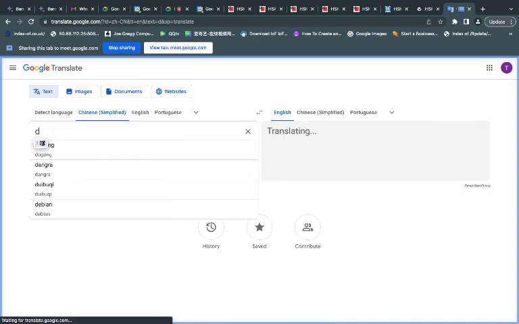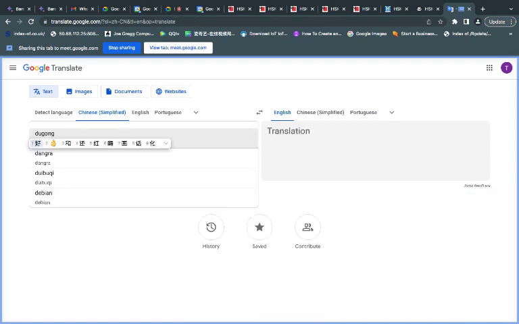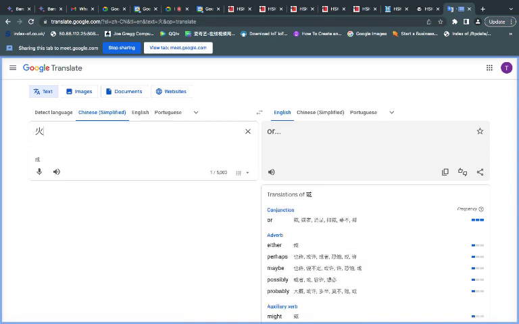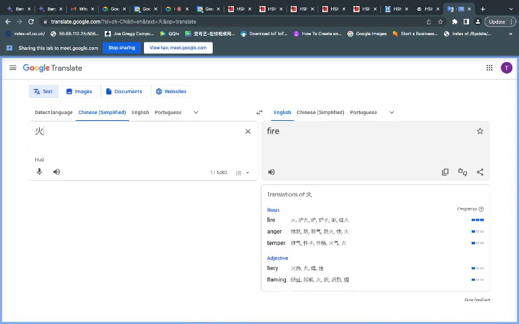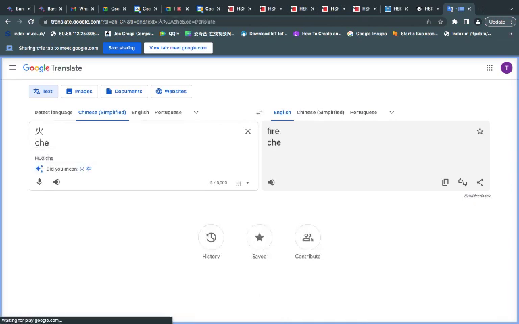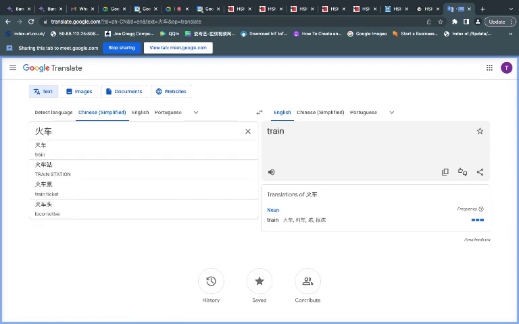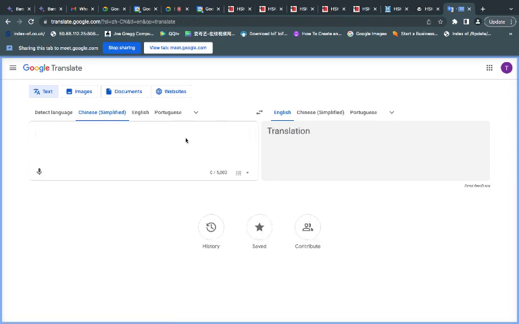The word for fire, what's the word for fire? 火. Okay, that's the word for fire. What's the word for car? Okay. So if you remember back in the day, we didn't have electric trains. We only had steam trains, so people would put charcoal, coal, some stuff in there. So fire, car. That's a train. And they used the same. Which one was the last one that they also used? Electricity, right?